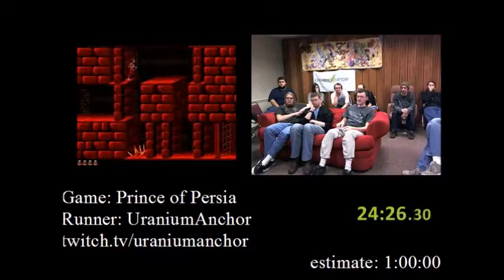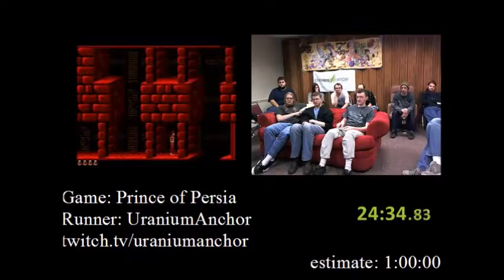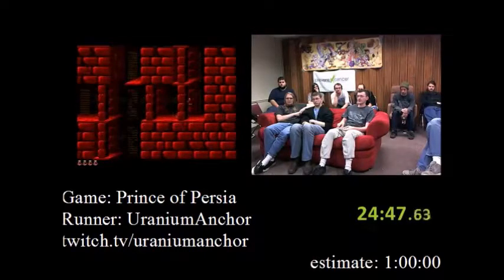Okay. So the end of this level is actually kind of annoying because the traps don't sync up to when you enter the screen. Oops. I messed that up. Okay. They sync to how long you've been in the level so far, and they have a completely different pattern depending on how long it's taking you to get to the screen. So I have to stop and wait and see what they're doing before I can continue,